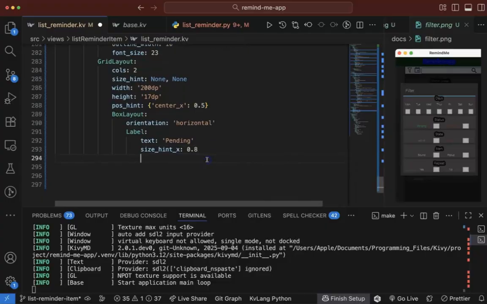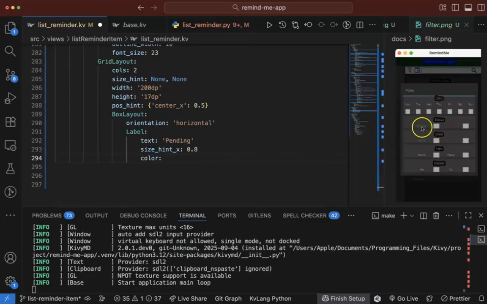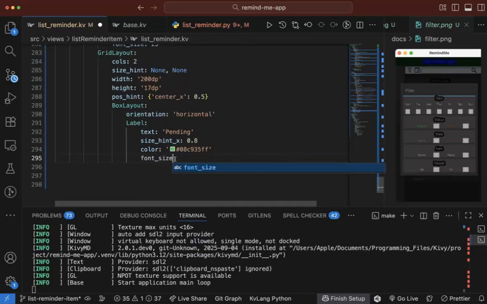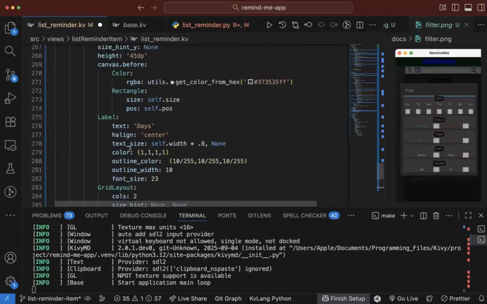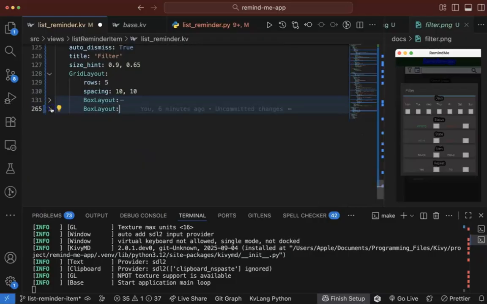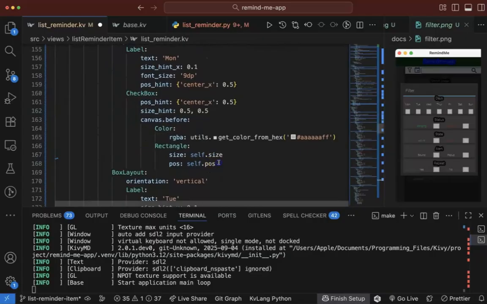and let's say the color here will be, to make it green, will be this, and the font size will be 9 dp. So after we have the label, we need to have the checkbox here. All right, so I can just go ahead and copy the checkbox that I had before. I don't know if much is gonna change from that checkbox. Let's just copy this,